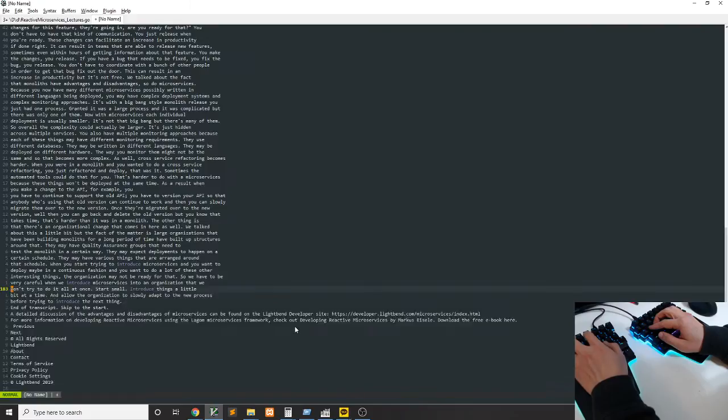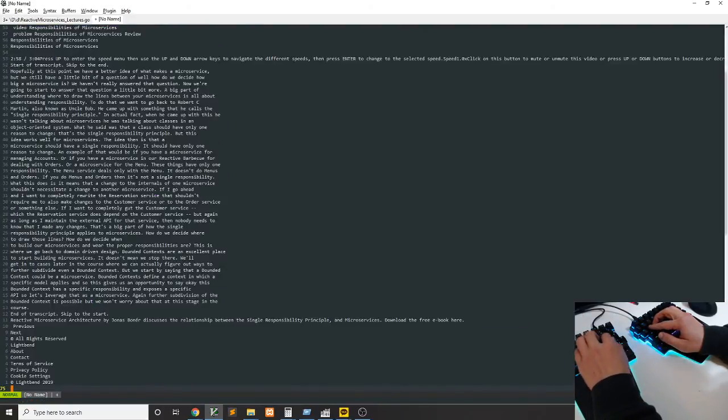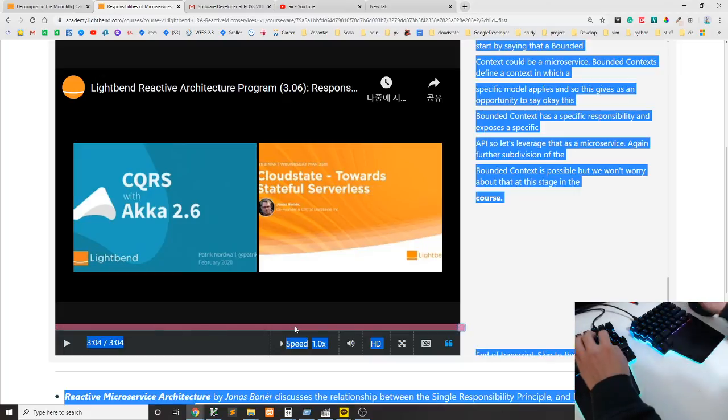So copy those things and then put it here, and then let's solve the